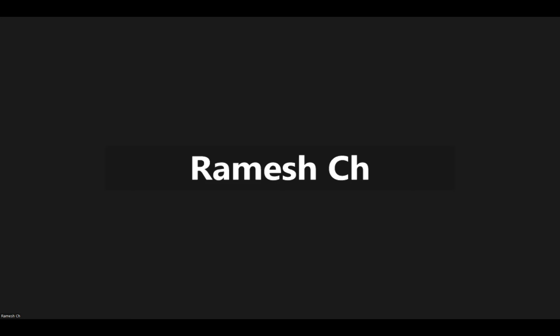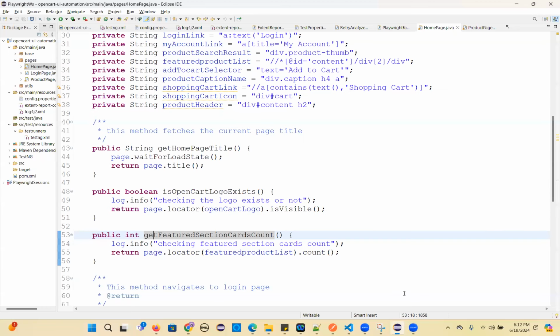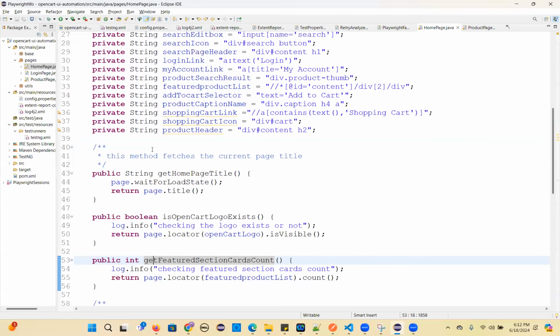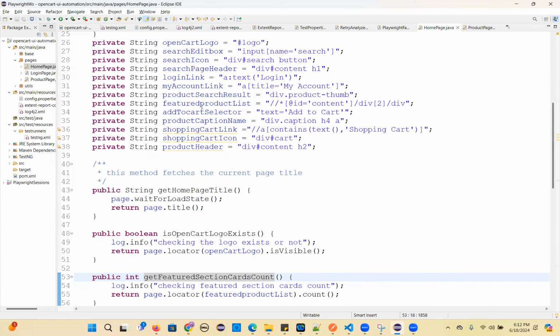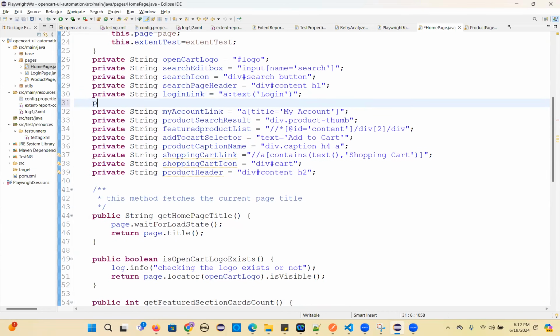Okay, so let's get started. Right, so this register, I want to identify that register, get the register link. Then you can write it here. So I can write the same way here, right? You can write the same way. So this is the same private